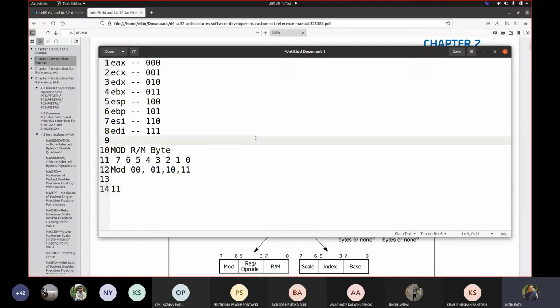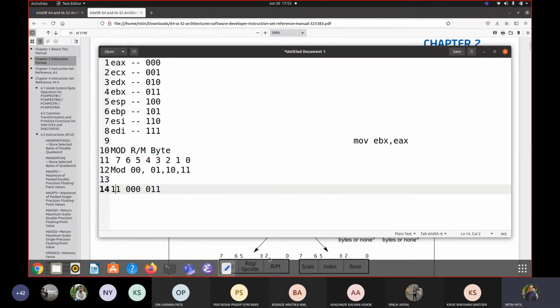So our instruction was like this: mov EBX, EAX. Okay. So what is the EAX number? 000. And what is the EBX number? 011. Correct? So let me write it like this, ModRM.